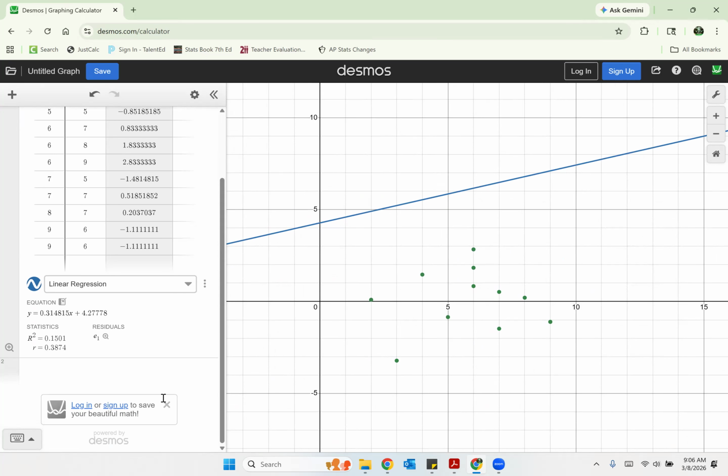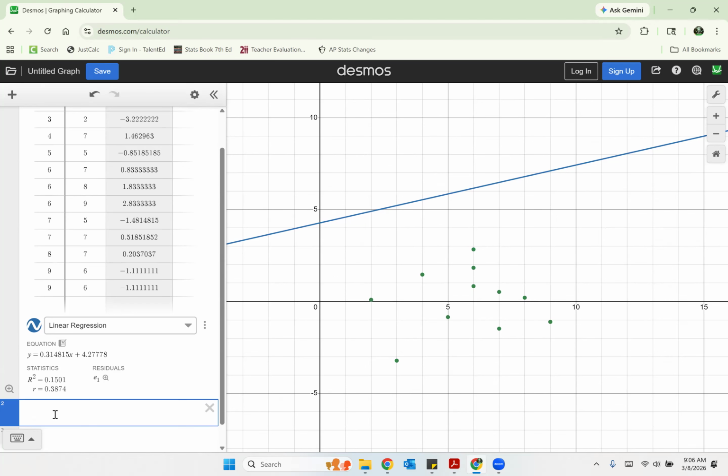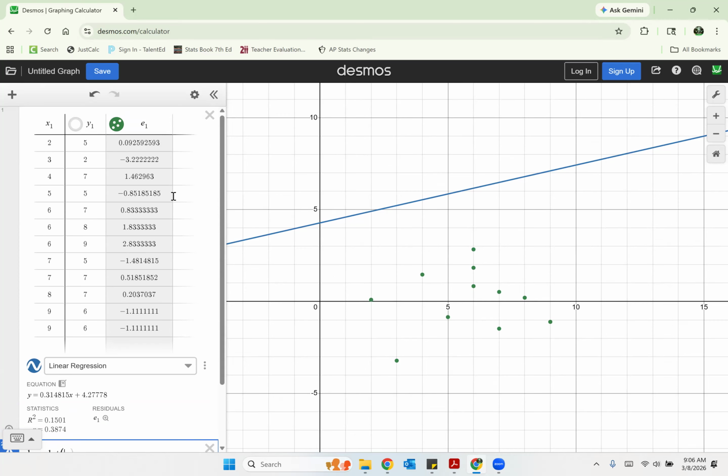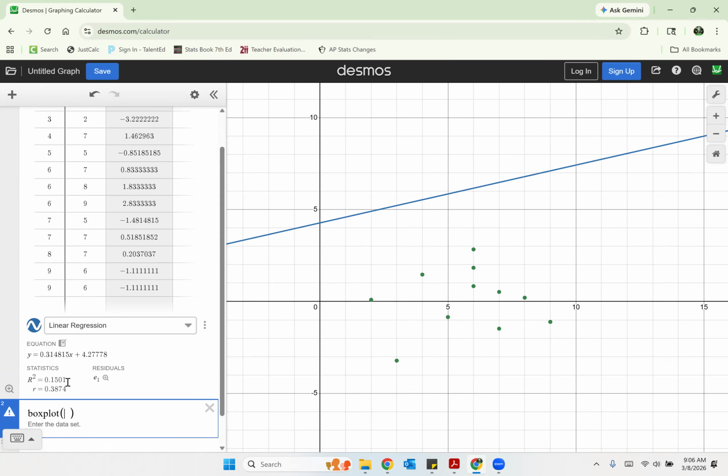I'm going to open up a new cell off to the left. Ever so simple. We're just going to type the word box plot, parentheses, and now you're going to feed it the name of the list for which we want a box plot. And Desmos has called mine E sub 1. I'm sure maybe there's a way to change that, but I don't feel the need to change it right now. I'll just go with it. Box plot E1, I just typed that in. It gave me the subscript automatically. And sure enough, we see our box plot,